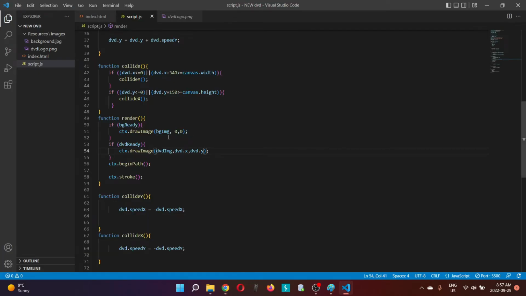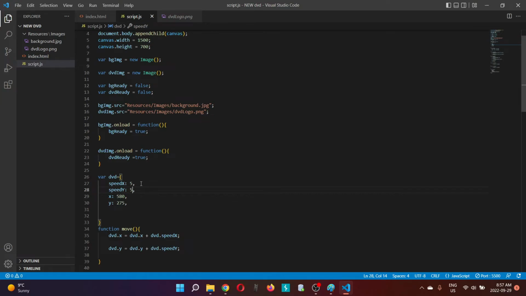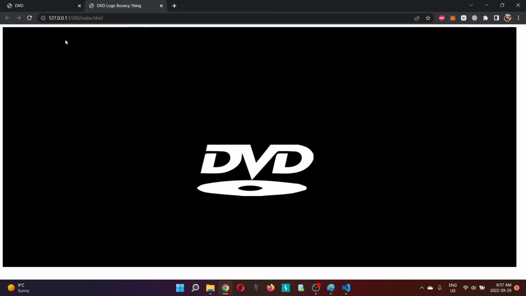So let's try to select speed. It's actually at 10, so let's make it 5. Yeah, I think they both got the same speed now. If it's still too fast, you can change to 4. Yeah, I think 4 is better. So now that we got this working,